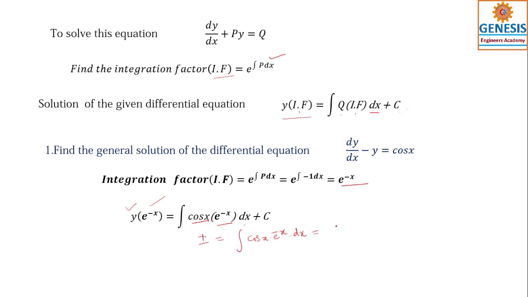If you carry out this one, this is cos x into e to the power of x minus 1, and then you have to differentiate again and carry out this integration process as you are familiar, and you will have 2I is equal to something. Then you solve that and substitute this value. Okay.